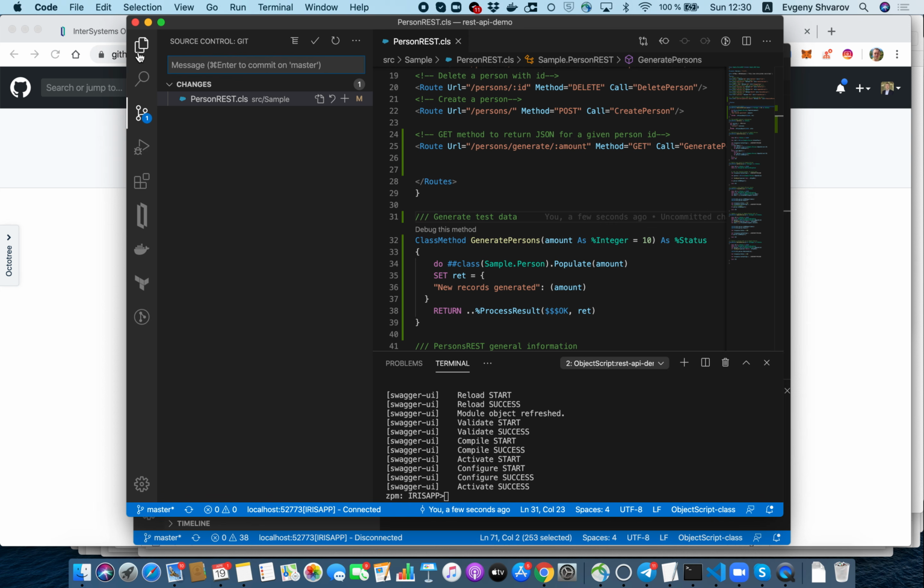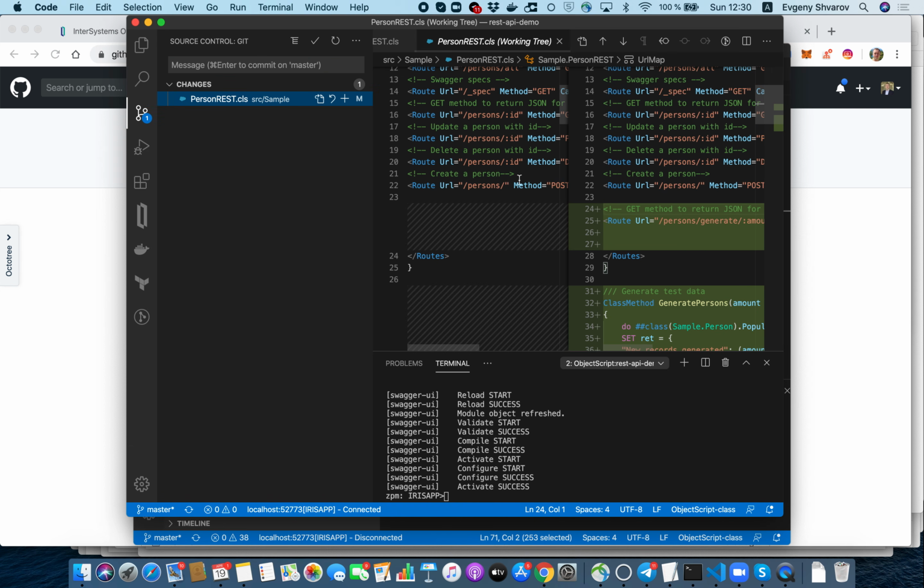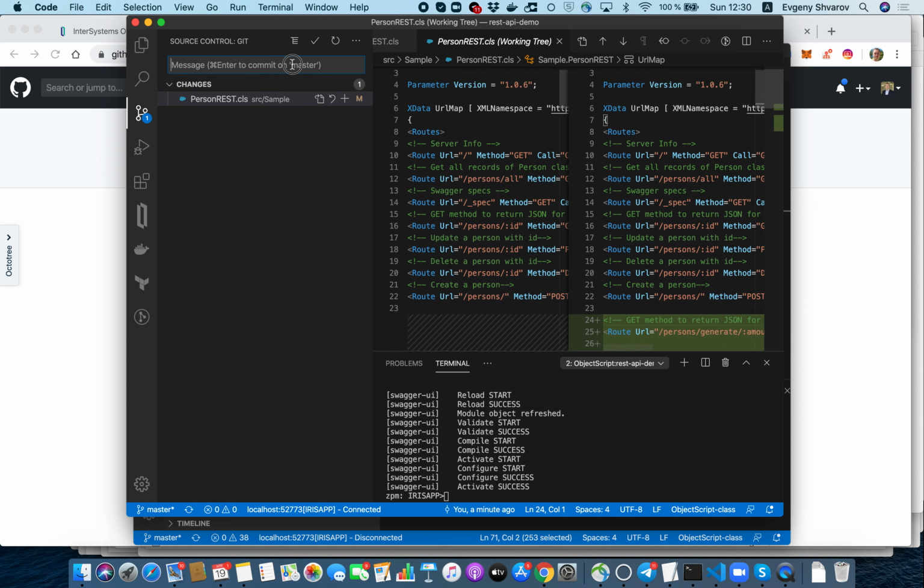repository, and it works, and actually we can commit these changes to our repository, the generate data method and endpoint, commit and push. Okay,